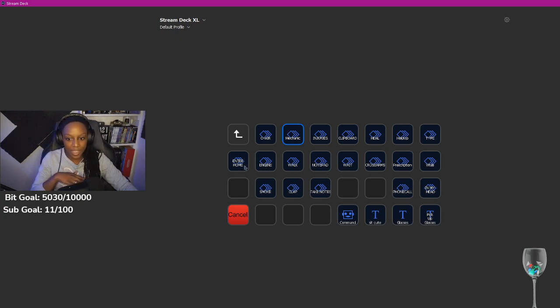Simple as that. When I go into my house, I have a button over here off to the side. It's called enter home. I'll push that button as soon as I get to the door. I don't have to type /enter. None of that. I don't have to do any of that craziness. But how I got these set up,